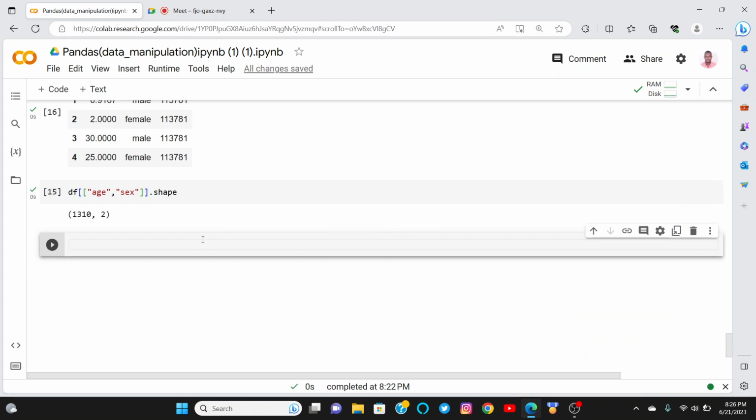We continue. On filtering the rows, you can decide to work on a specific column, but with a condition. The conditions I told you earlier are greater than, less than, greater than or equal to, and less than or equal to. So here we can have a comment here: Filtering